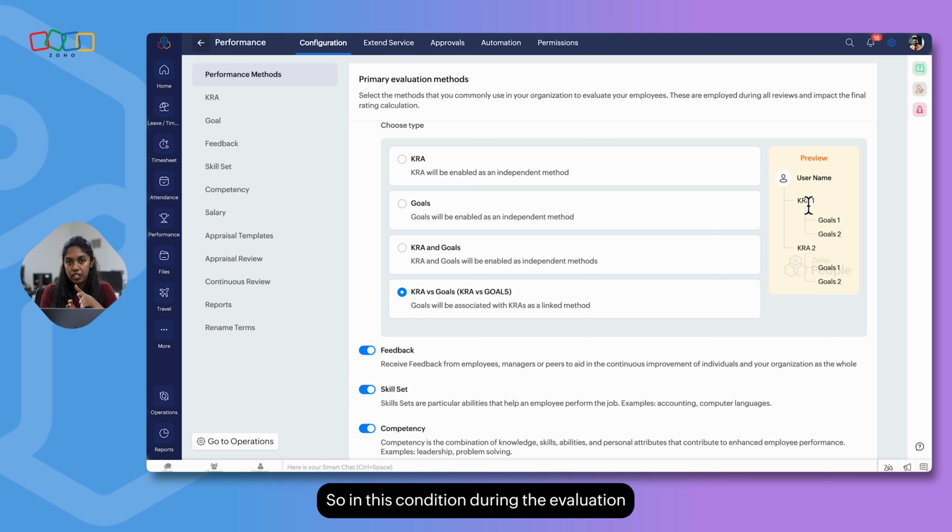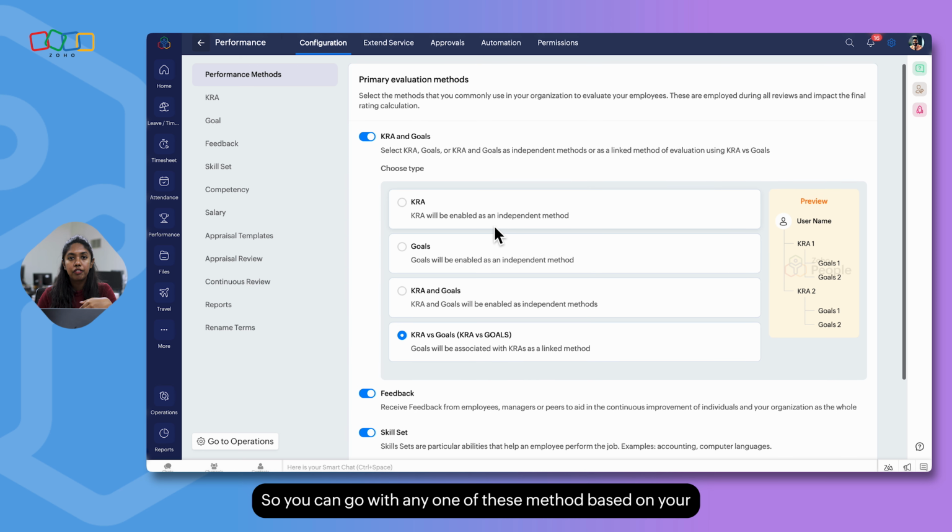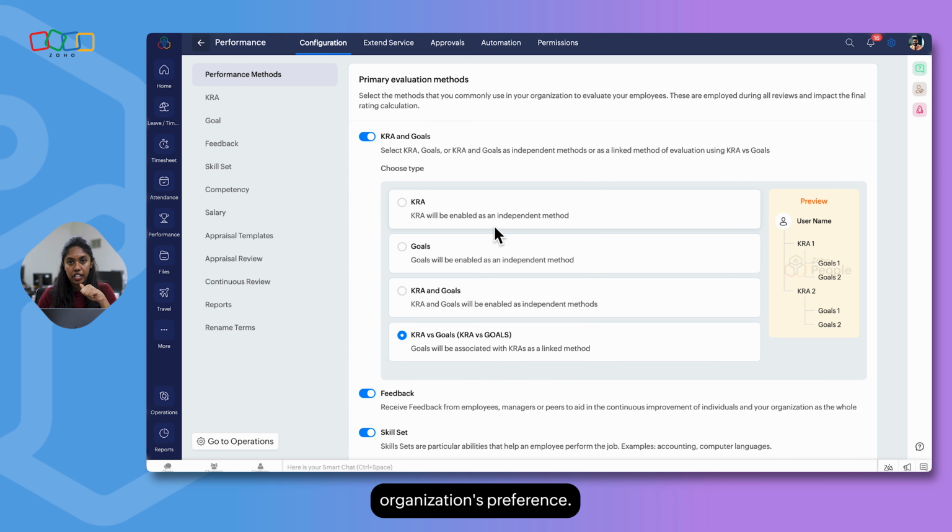So in this condition, during the evaluation process, employees will give rating against the goals but not directly to a KRA. So you will be assigning KRAs, and each KRA will be given certain goals, and these goals will be evaluated during the appraisal process. You can go with any one of the methods based on your organization's preference.